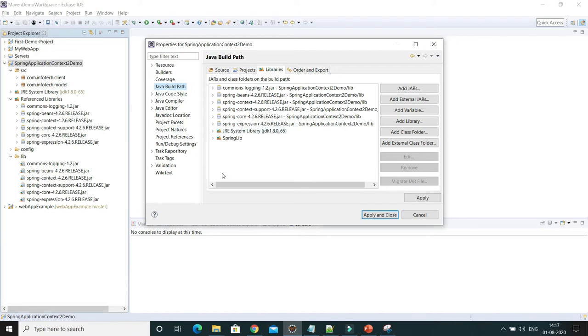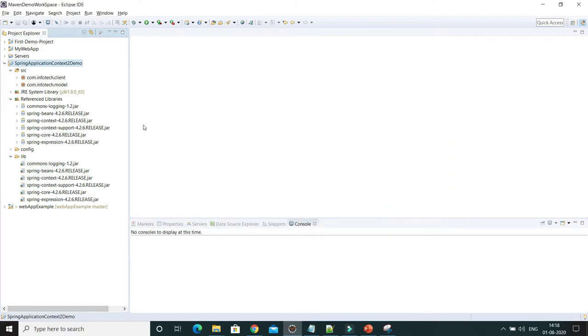So let's say I changed my mind, I want to convert this project into Maven based, and how can we do that? So of course you can create a project with the same name, copy all the files, and then after in pom.xml you are going to add all the dependencies, and finally you remove these jars from the class path, right? But in that case that will take a lot of time, that requires a lot of effort, and you may make some mistakes. So why not use the IDE itself to convert this project into a Maven based project, right? That's a feature basically provided by every IDE, whether you are using Eclipse, IntelliJ, or NetBeans, right? So let me show you how to convert.